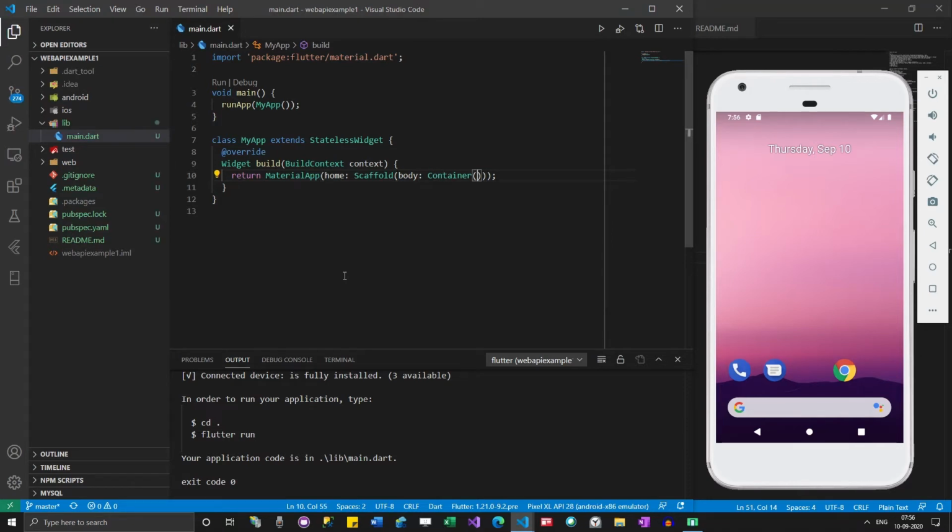I will usually add commas here, because it will format the code document very nicely. I'm just running this.